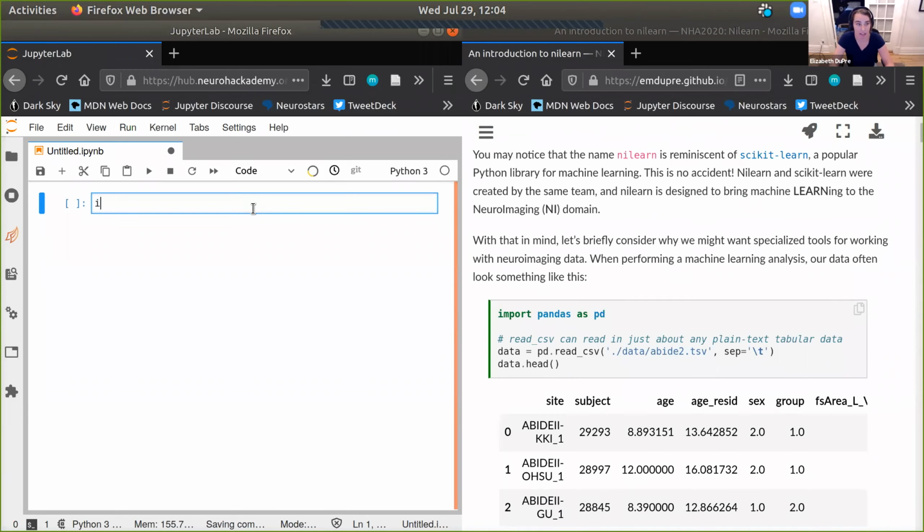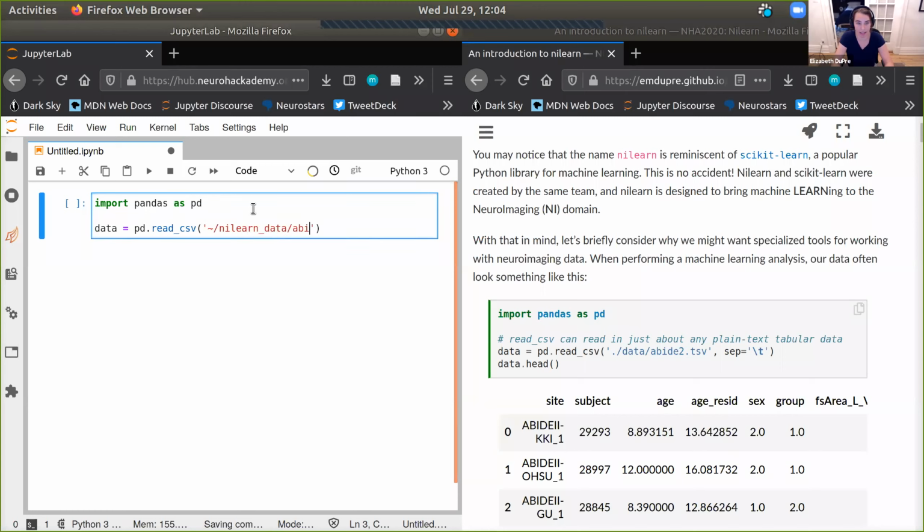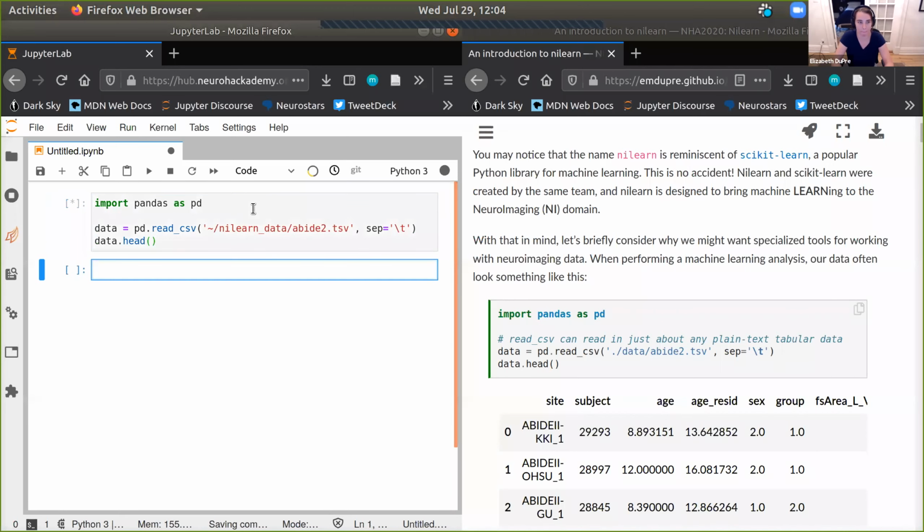So if I import pandas, I can do data equals pd.read_csv. And in this case, because I'm on the Jupyter Hub, I'm going to do this tilde for home, nilearn_data/abide2.tsv, separator equals tab, and then data, I'm just going to show the first few rows.